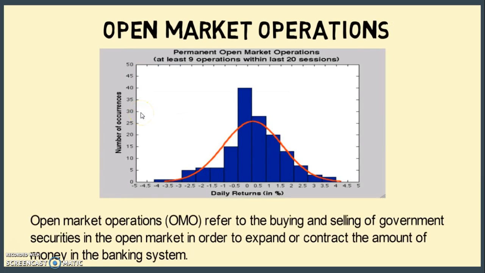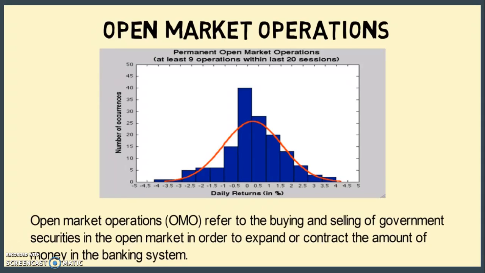And then there are open market operations. Open market operations is nothing but buying and selling of government securities in the open market. Whenever the government is printing money, it releases T-bills or certain government securities, because whenever they are printing money, it has to be backed by some security, right? So the RBI at that time buys back the T-bills and the securities. This process is called open market operations.